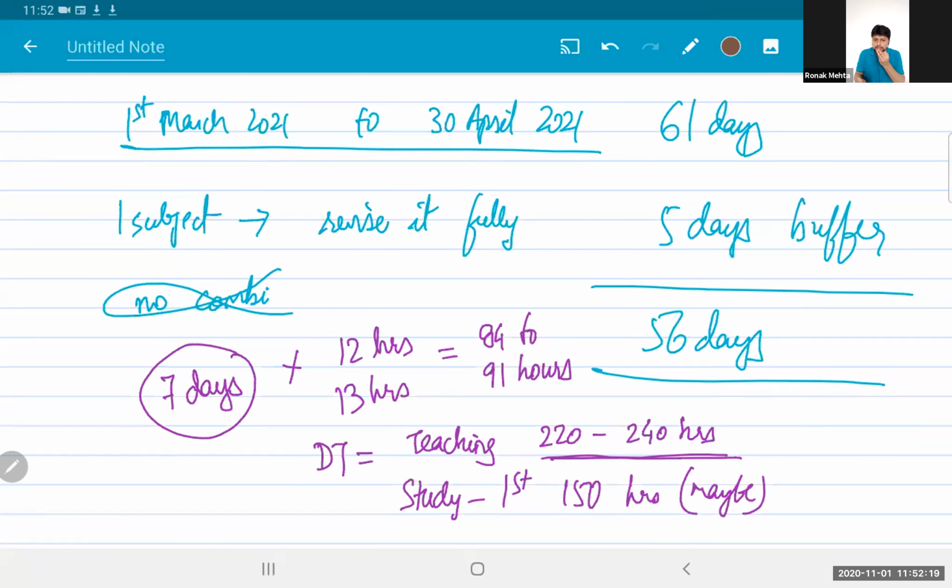If your performance is very dismal, if your performance is very bad, that means that paper is not the paper you should go for. You should probably do this exercise for some other paper also. Maybe you can do better. Like you can do international taxation on one Sunday, economic laws on the other Sunday, capital markets on the third Sunday, and then take a call.